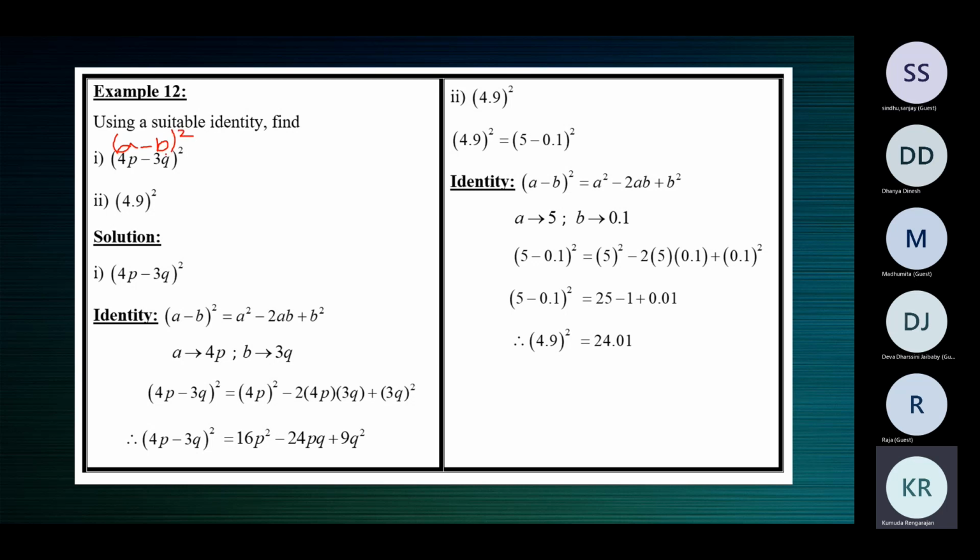Okay, now, all right, children. So this is A minus B the whole square. See here, A is 4P, correct? Yes, ma'am. For the minus sign, there's a minus sign here, so they get cancelled. Minus, minus. B is 3Q. Or you can do it like this. Minus B is equal to minus 3Q. So minus will get cancelled on both the sides. So B is equal to 3Q.